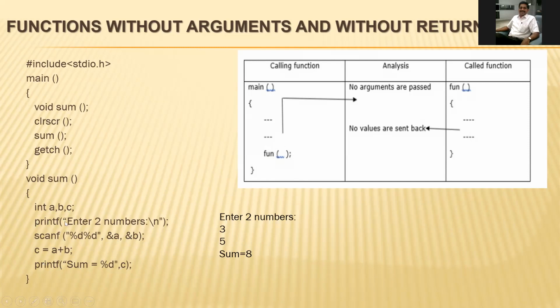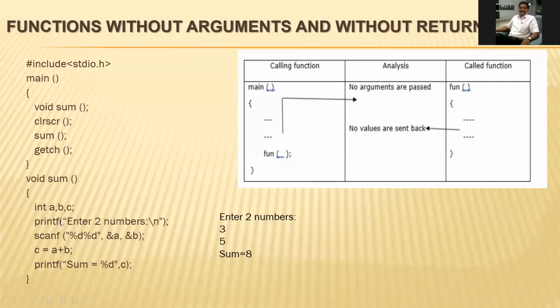Now this function actually takes the values from the user, and this sum function is also displaying the sum, that is the value, here itself. It is not returning to the main. Only the function call is there in the main function. So main does not do anything. That is what happened with no arguments. We have not passed anything from the main function to the sum function, and the sum function is also not returning any value to the main function.